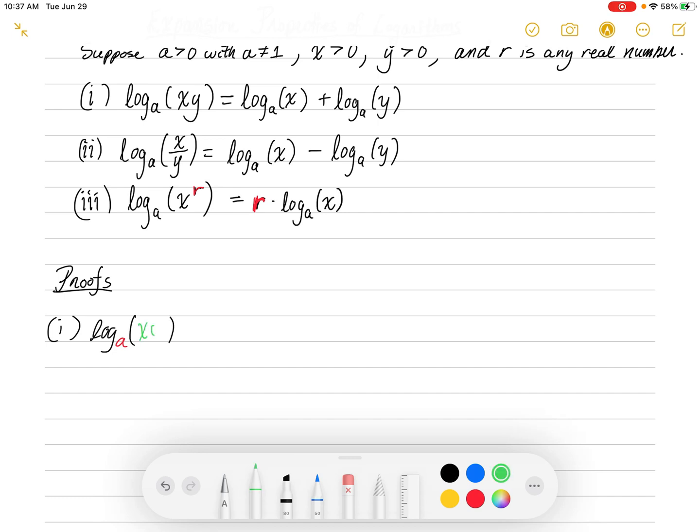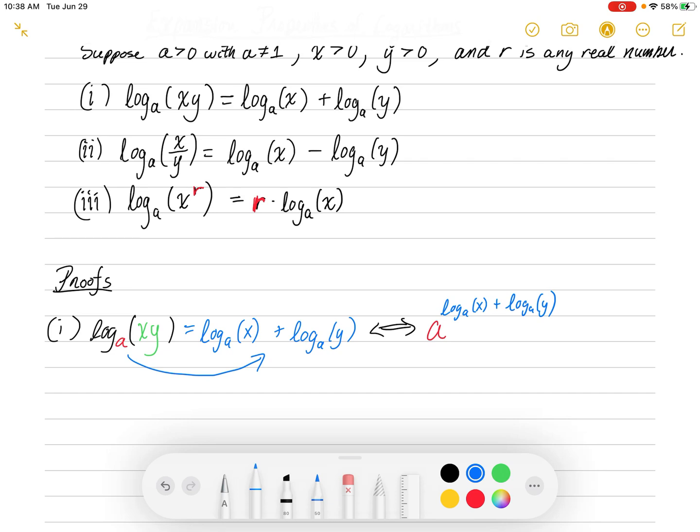So first I'll prove the first one. Let's pretend the first one is true. Let's say I have log base a of x times y. Let's pretend that's equal to the log base a of x plus the log base a of y. Okay, so that's the first property. If that is true,